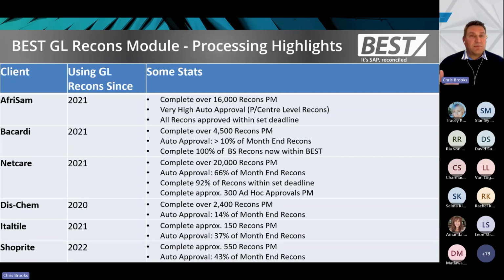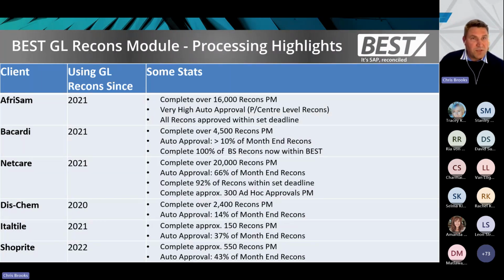So for any profit center that's not being posted to, will be automatically approved. So they have a very high auto approval percentage because all of those profit centers that aren't being used are automatically approved, and then they manage the recons for the specific profit centers with balances. And they're also completing all their recons and approving them within their set deadline within the system, which is quite impressive.